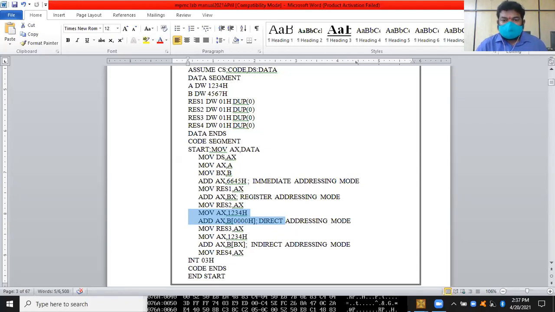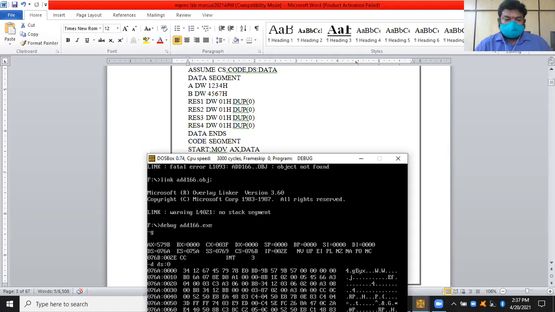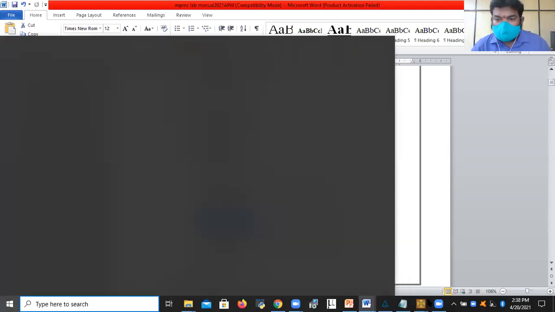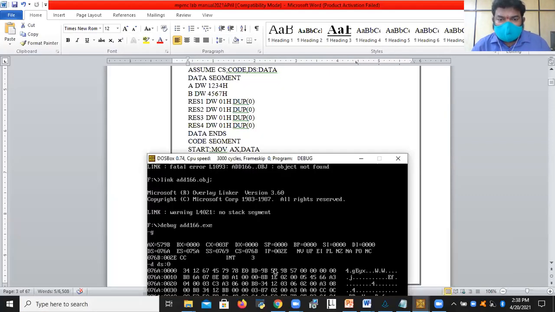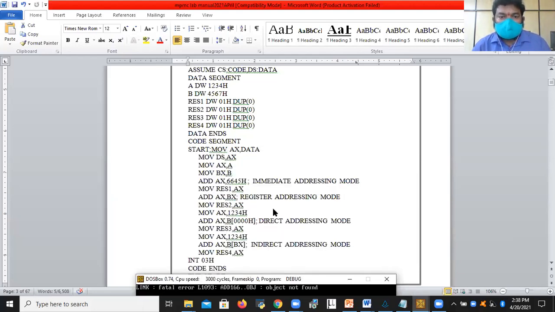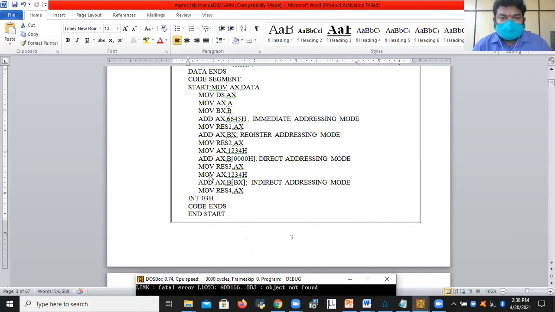First 9B, after that 57. The same 9B, 57 is repeated in the data segment. Why? Because in the program we are once again taking the number 1, 2, 3, 4 and adding B, which is once again 4, 5, 6, 7.